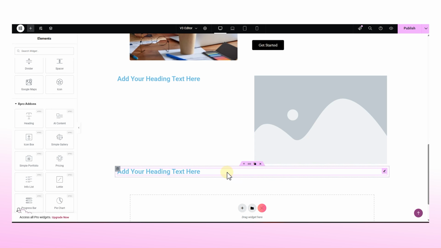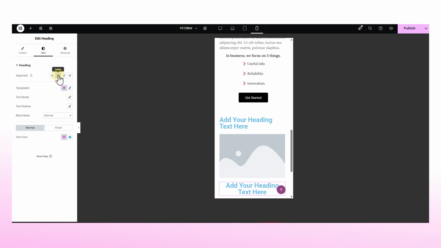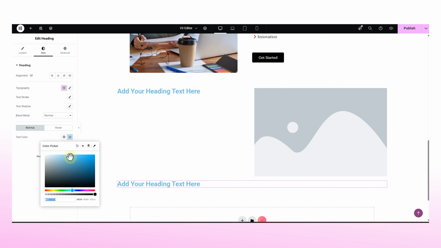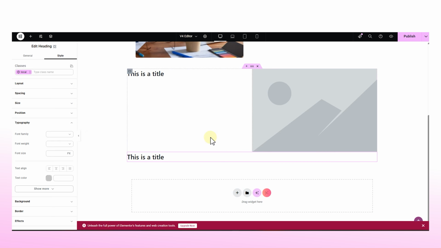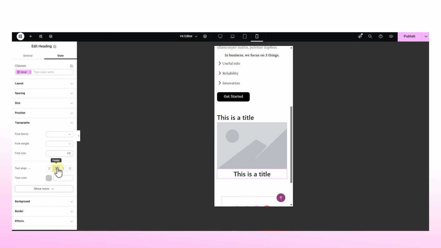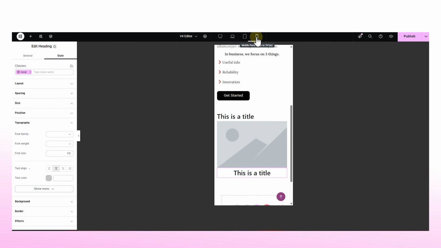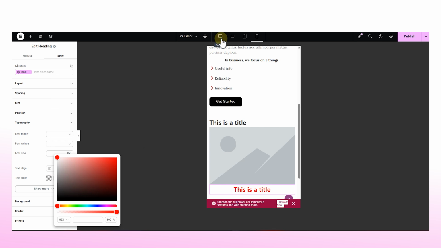Responsive design has improved. In v3, you could style your widgets for mobile or tablet, but only if the setting had that little responsive icon next to it. So, only the settings with the icons were responsive. If a setting didn't have it, any changes you made would apply to all devices. But in v4, that's no longer a limitation. In v4, the responsive icon is no longer needed. Just switch to mobile or tablet view, and any style you apply will automatically be saved for that specific device.